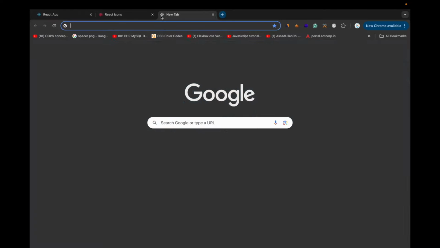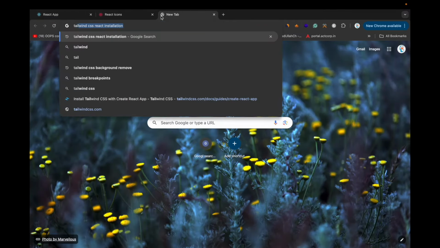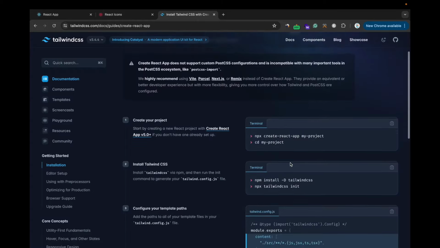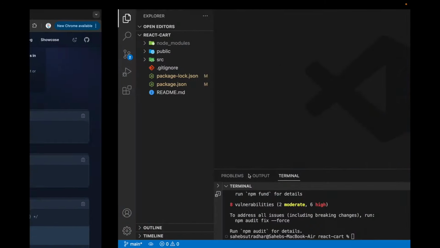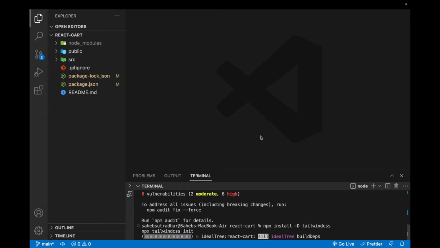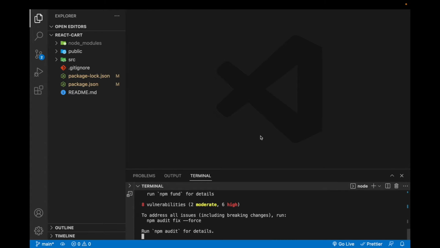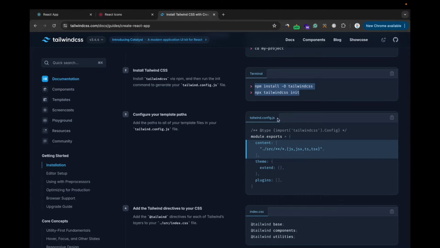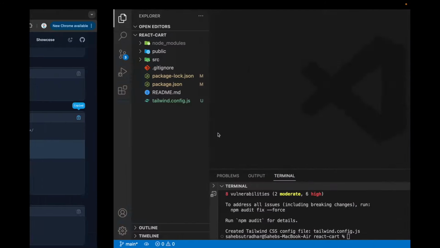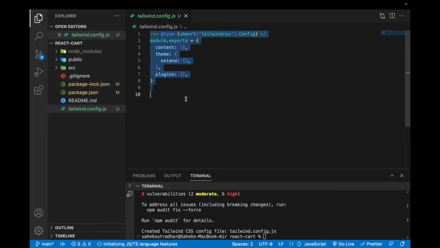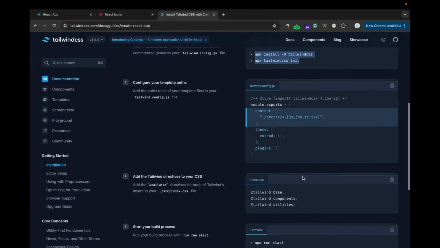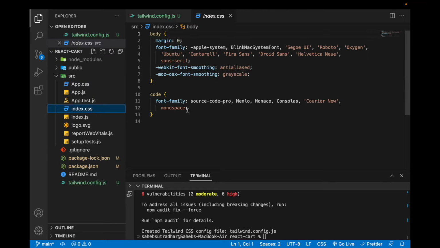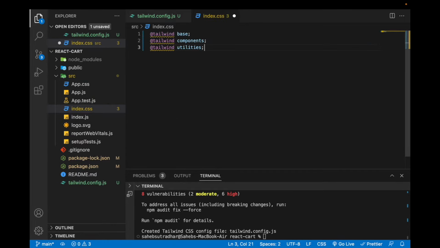And for Tailwind CSS, the first link, and these two commands I have to run. The next step is to copy this, and here just replace it, and then paste this in the index.css. Let's remove all the defaults,